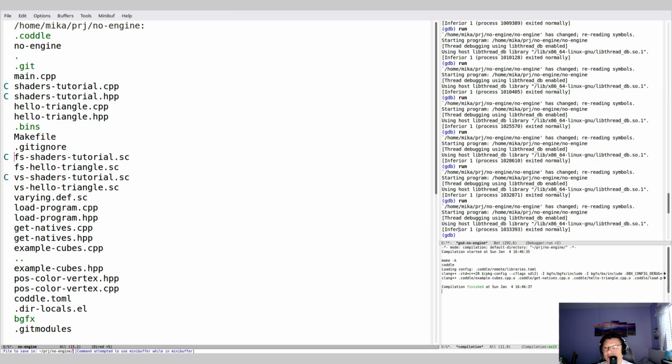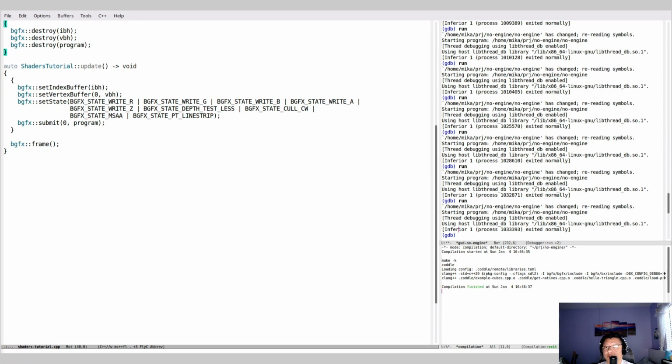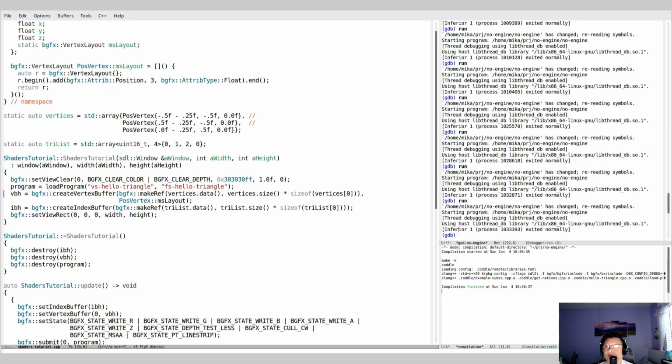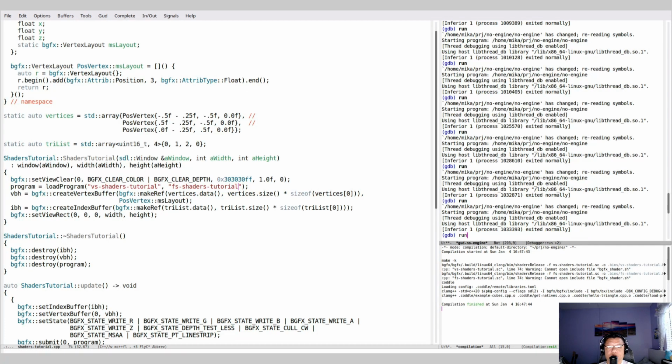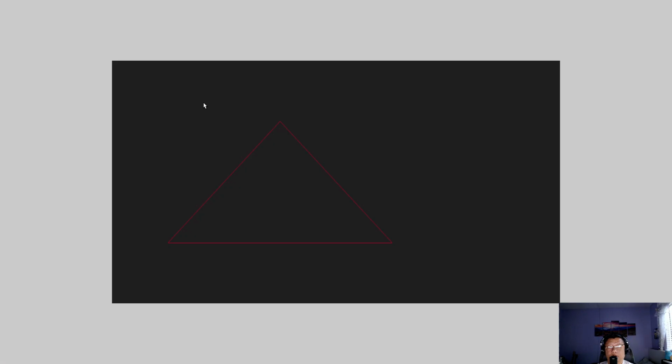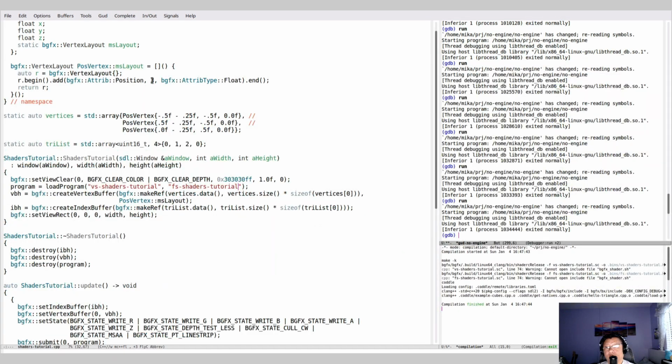Okay, and shaders tutorial CPP. We'll do shaders tutorial, shaders tutorial. Okay. Now